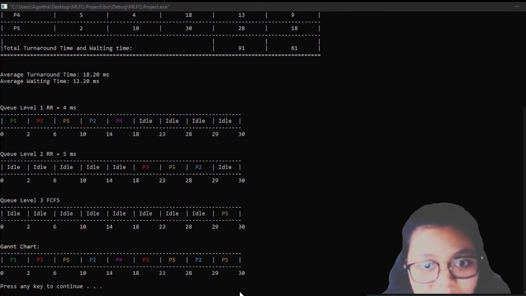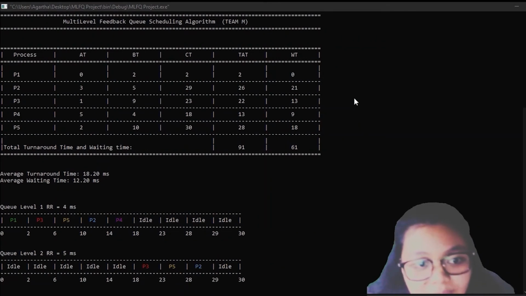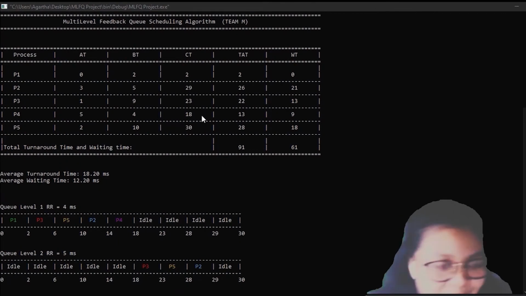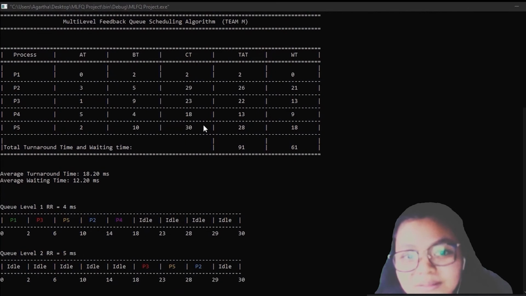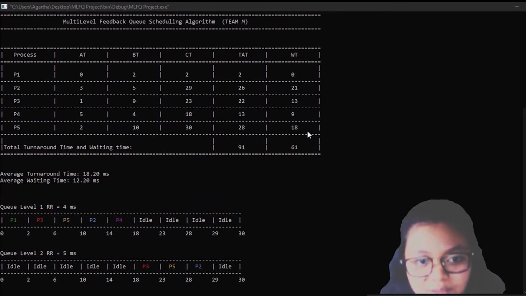So all in all, the completion time of P1 is 2, P2 29, P3 23, P4 18, and P5 30. In turnaround time, we have 2, 26 for P2, 22 for P3, 13 for P4, and 28 for P5, in total of 91. In waiting time, we have P1 0, P2 21, P3 13, P4 9, P5 18,